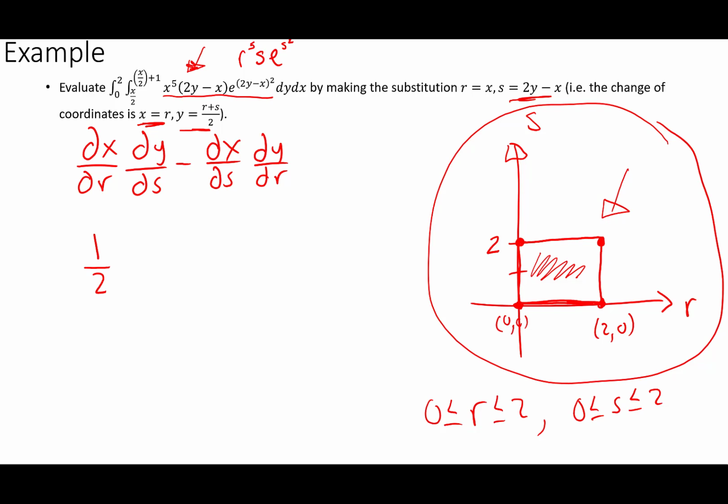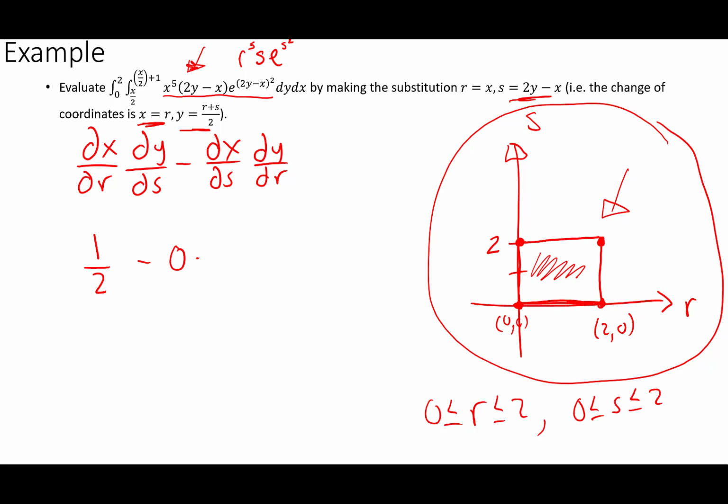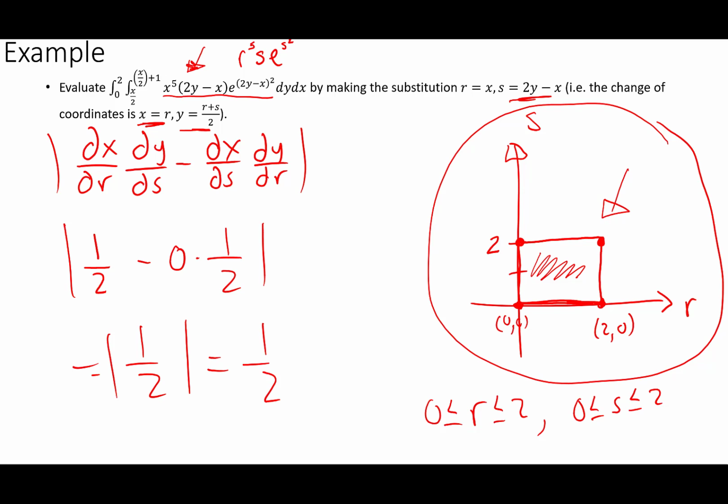Minus dx ds, that's going to be 0 times, well, it doesn't really matter what dy dr is, that's going to be, well, it'll be 1/2, but in any case, that's going to go away, so we just have 1/2. All right, so then our Jacobian in this case is just going to be, or the absolute value of the Jacobian